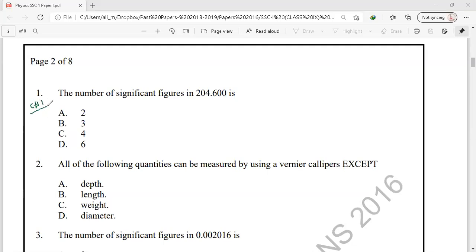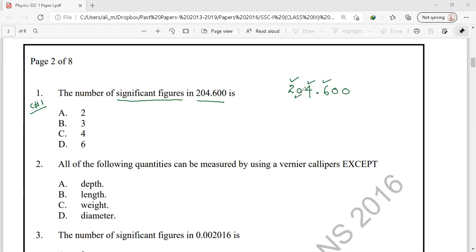And the number of significant figures. We have to identify the number of significant figures in this measurement. So we have 204.600. So, according to the rules of significant figures, 2, 4, and 6, these three digits are significant, while the